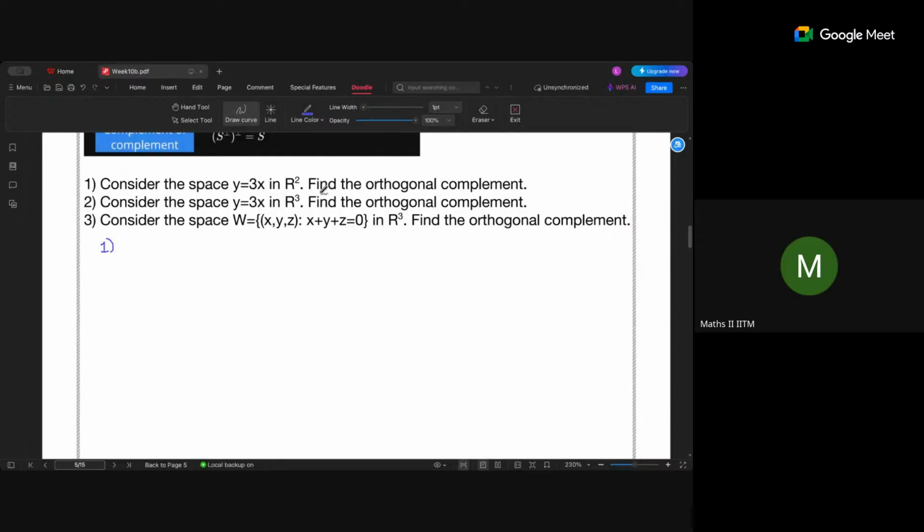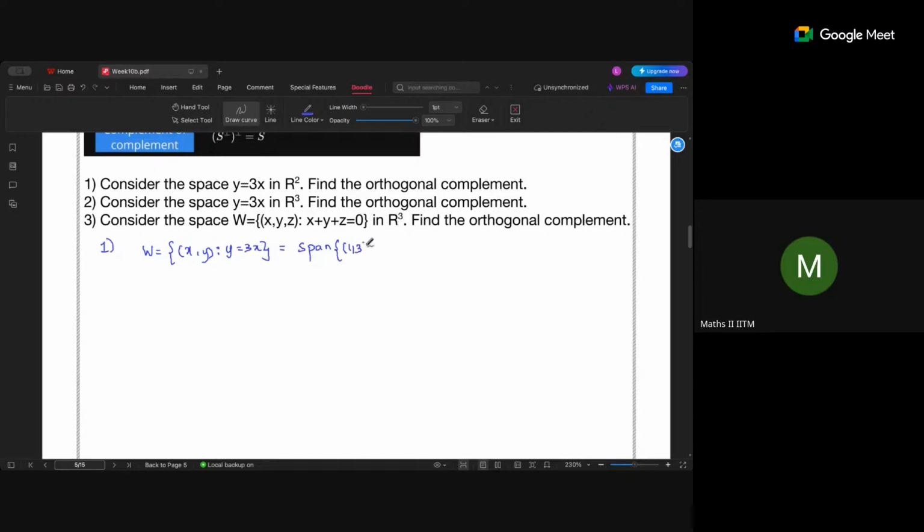Y is equal to 3x. Can anyone figure out a basis for y equal to 3x? 1, 3. Okay, so you see that. So let's say that W is equal to the set of all (x, y) such that y is equal to 3x. Now this is the span of